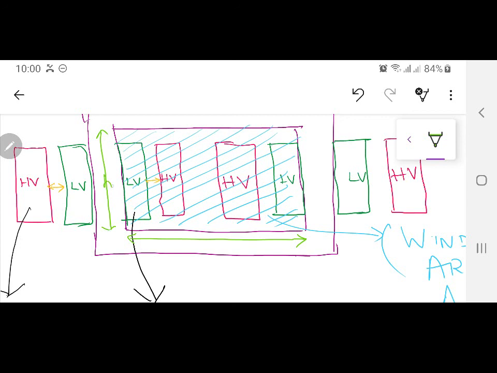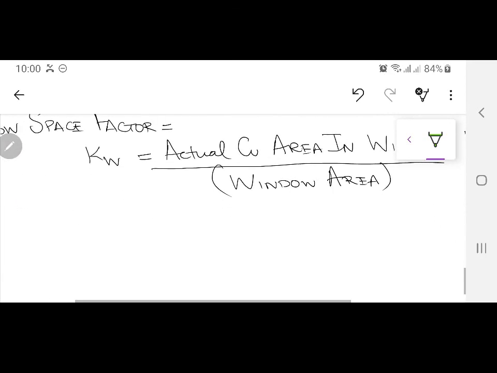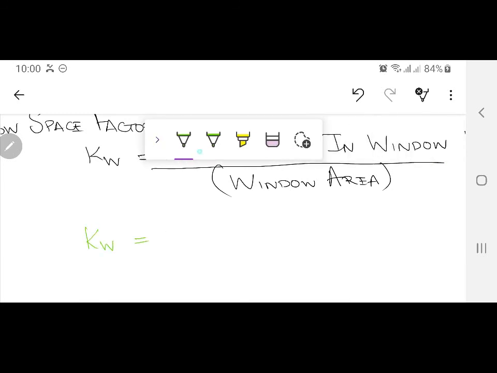They have some variables. This is called HW, the height of the window. This is called LW. But I am not introducing these right now, because we have not yet moved to tank design. When we discuss tank design, we will discuss these two attributes in detail. So I have HW and LW, which are making the area over here. Now, for this single phase core type transformer, can you tell me what this Kw will be equal to?